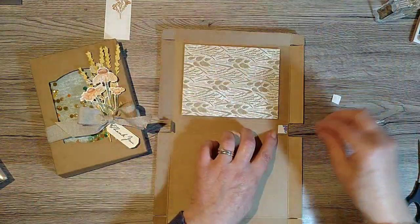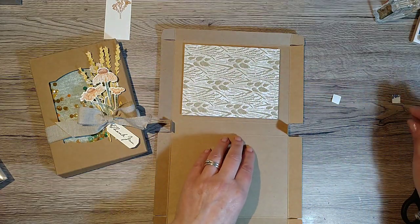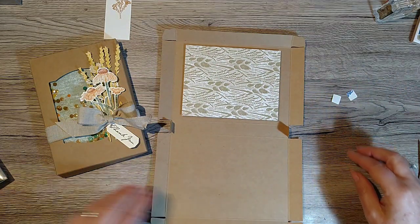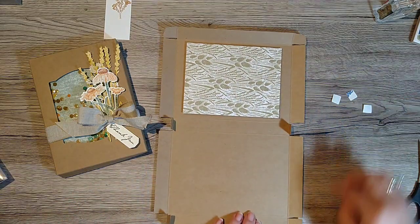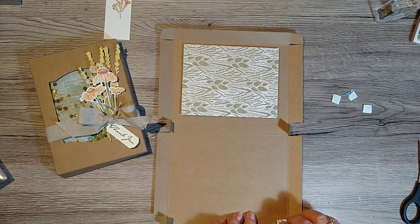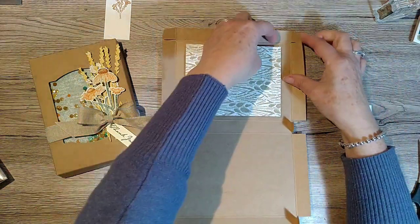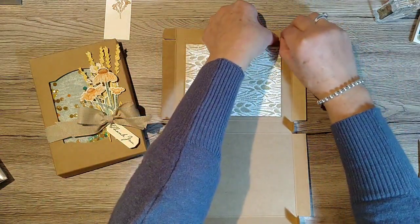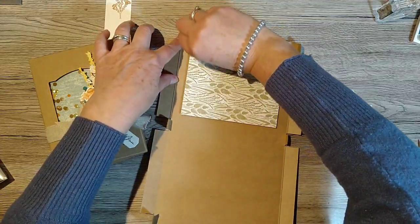How I stamped and did the two colours on the flower. I'm just glancing at my box of preparation and realised I haven't actually got any cardstock in there, but no worries. I'm in my craft room. Everything's fairly close to hand. So these are just peel off self-adhesive pieces. I'm going to peel them all off at once. And then it's just a case of